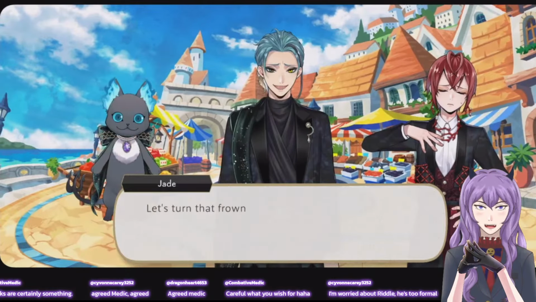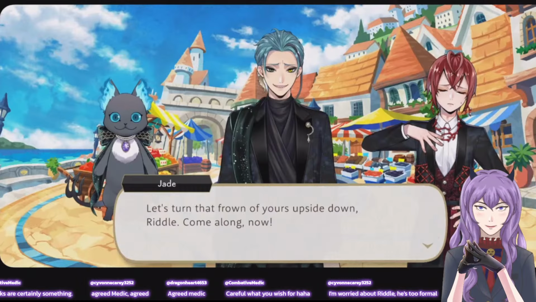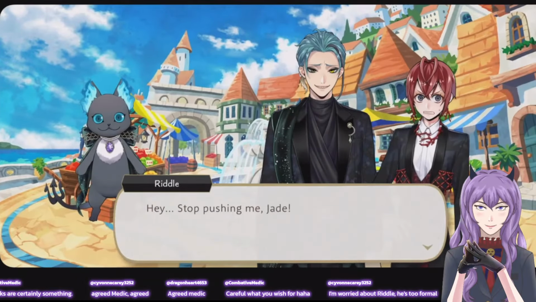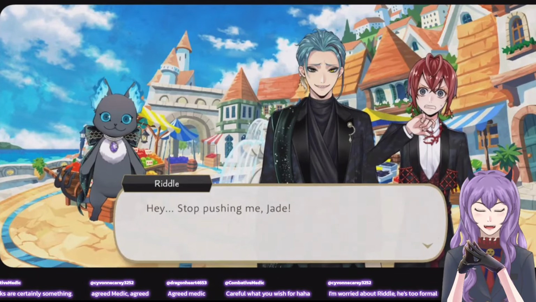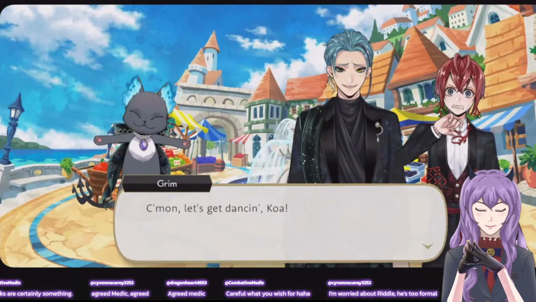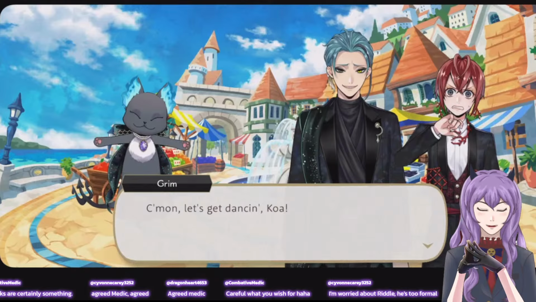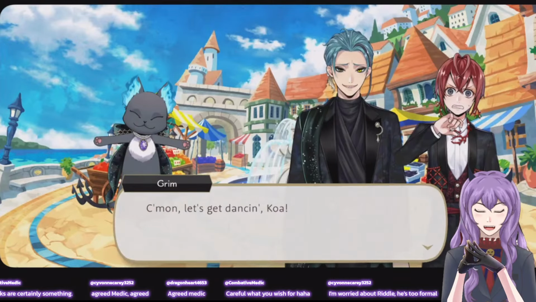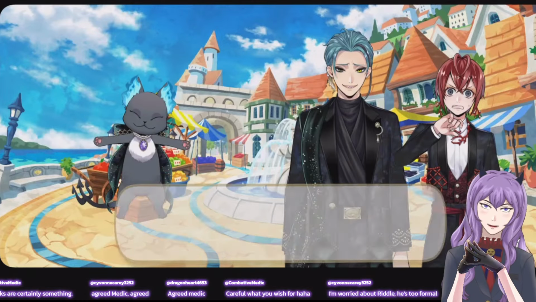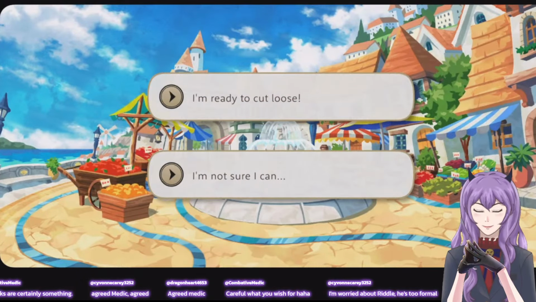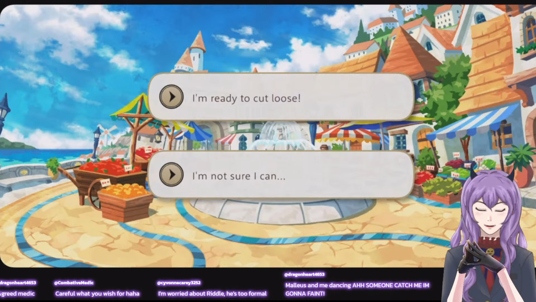Dance, dance, dance, dance. We've danced before. We've danced at the Halloween party, right? I'm pretty sure we also danced in the City of Flowers as well.